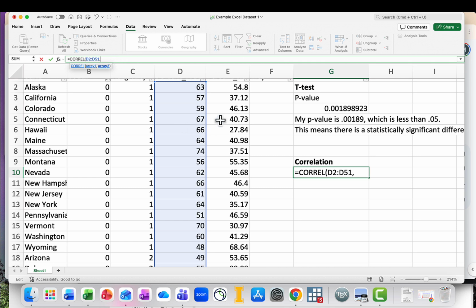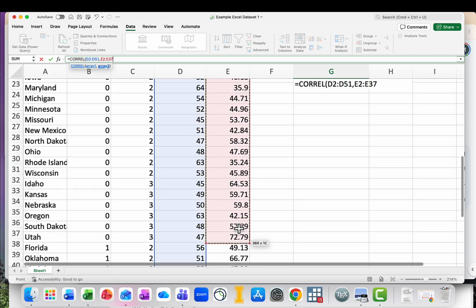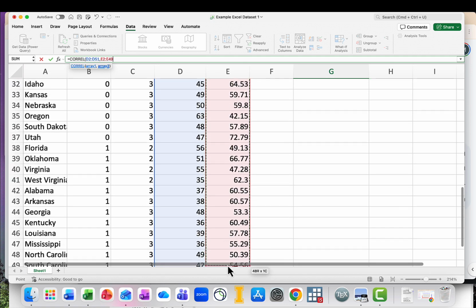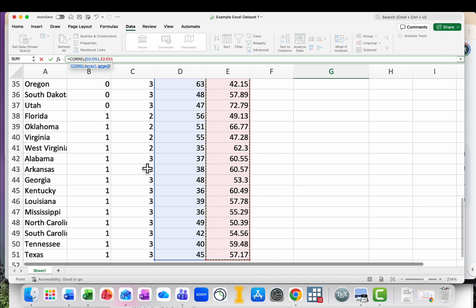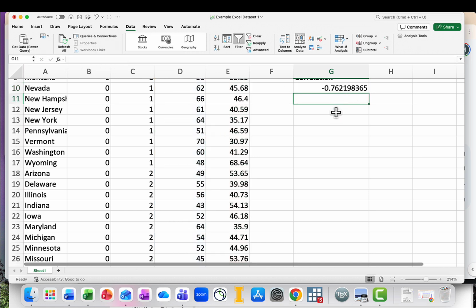Now the next, I'm going to do comma. So comma, and then I'm going to highlight my second variable's values. So let's say that I was interested in seeing whether pro-choice attitudes are correlated with vote share for Romney. Now I'm going to highlight vote share for Romney all the way down. So you can see I highlighted my first variable, then I highlighted my second variable, I highlighted my independent variable, then I highlighted my dependent variable, and then I'm going to close parentheses. And this is a pretty